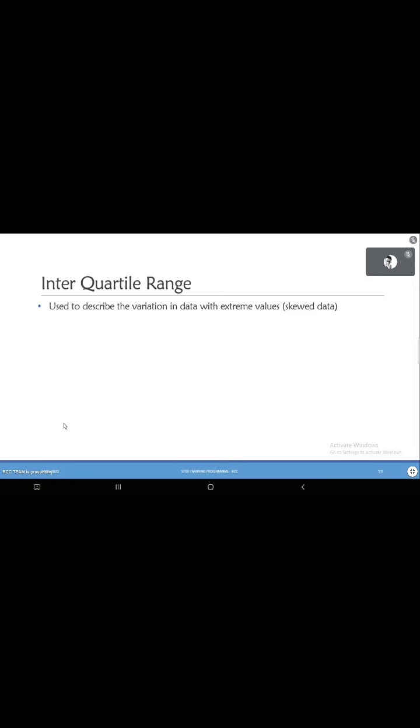Basically, these will tell you the dispersion or the variation that is present in the given variable. Okay, the first measure is interquartile range. So you have already seen what quartiles are. This is a way of representing those quartiles in the form of a range. That's what is interquartile range. Okay, so let me tell you first what is interquartile range. As you can see here, it is nothing but the first quartile value and the third quartile value.